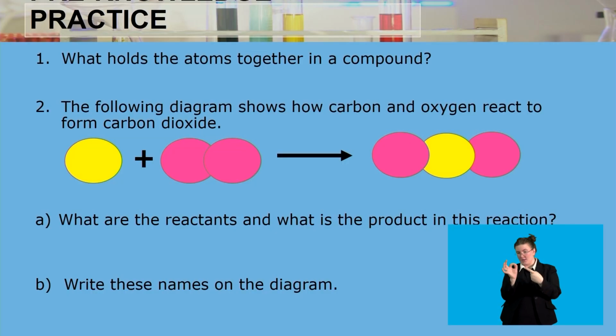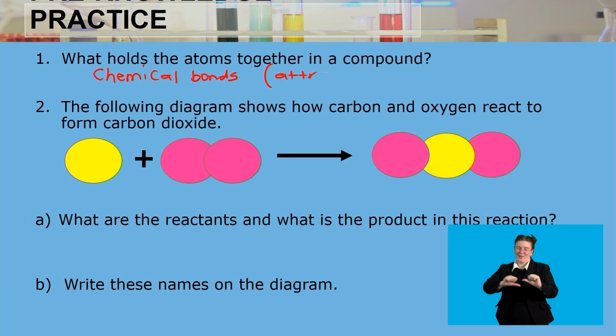The first question is, what holds the atoms together in a compound? We know that atoms in a compound are held together by chemical bonds. And those chemical bonds are attractive forces. So they are held together by chemical bonds, which are attractive forces. Then question 2 says the following diagram shows how carbon and oxygen react to form